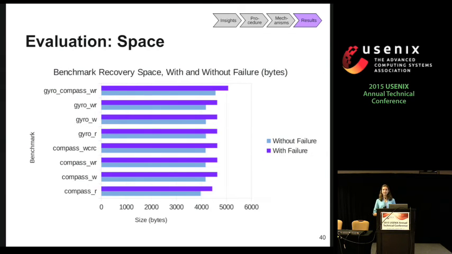In terms of space, PHOENIX did really well. It only took about 4 to 5 kilobytes of SRAM to store all of the checkpointing data for these benchmarks, which allowed us to store multiple simultaneous overlapping checkpoints in a small fraction of the size of the overall heap. And as you can see, most of this space was actually taken up just due to the checkpointing structures themselves. There was only a small amount of additional metadata that needed to be stored in the case that failure